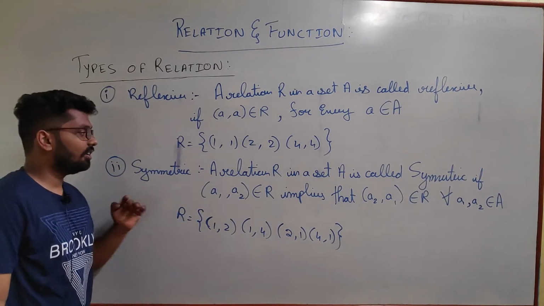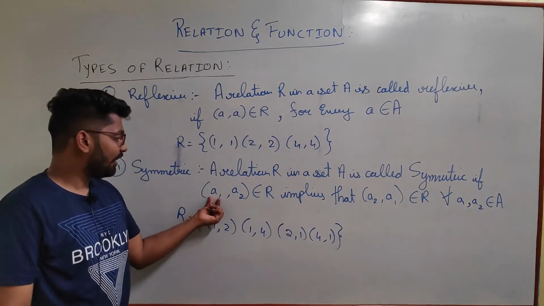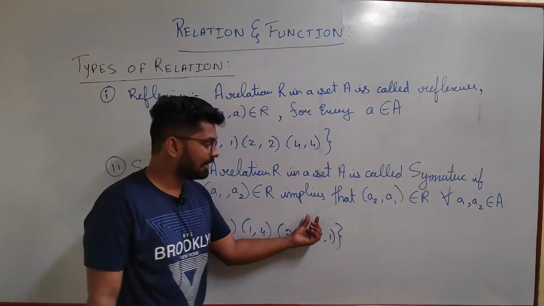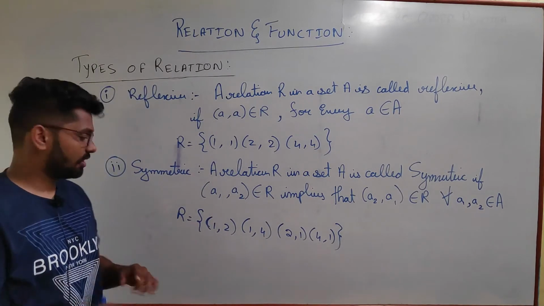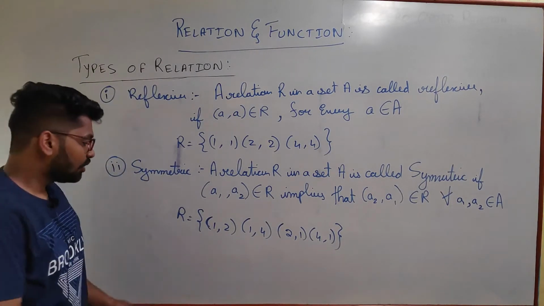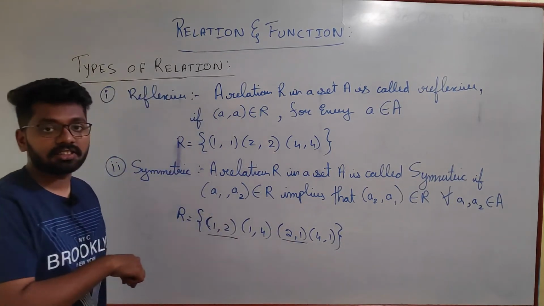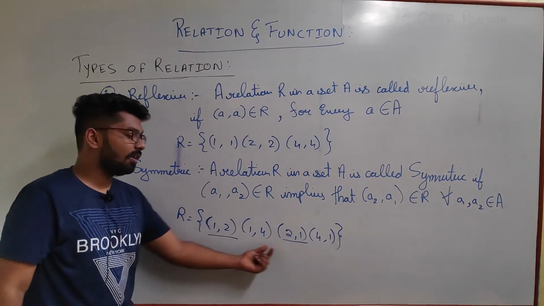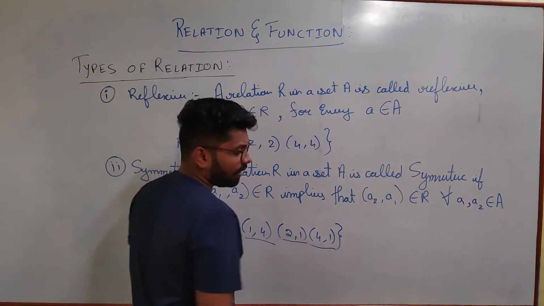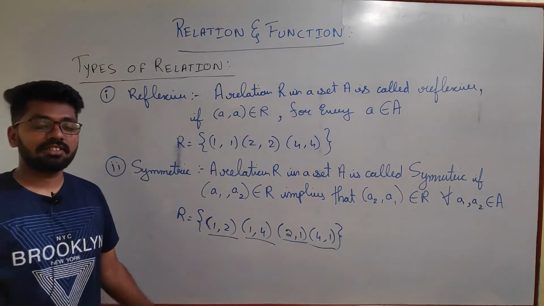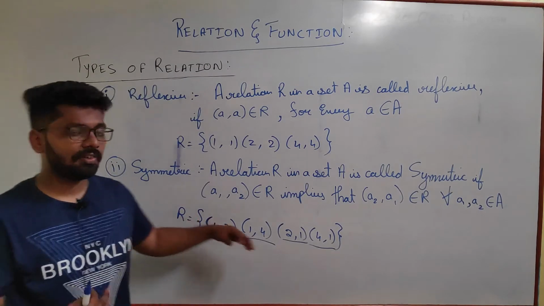Now symmetric relation. A relation R is said to be a symmetric relation if (a1, a2) belongs to R, implies that (a2, a1) belongs to R. It means what? Mirror image should exist in your relation. So that is what I have done here. So (1,2) exists in the relation R. It means what? (2,1) should also exist in the relation R. If this case holds good, it means the relation is nothing but symmetric relation. So (1,4) is there, (4,1) is there. It means what? It is a reflexive, symmetric kind of relation. Okay, so when we solve many problems, it will be much clearer for you.